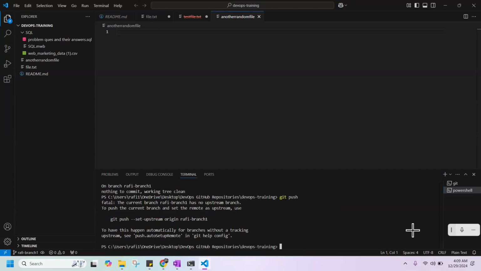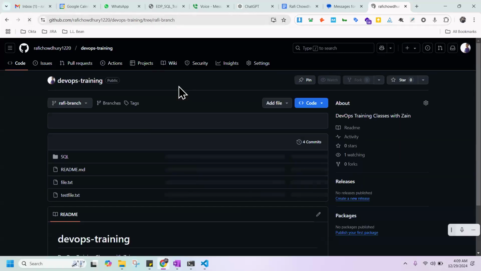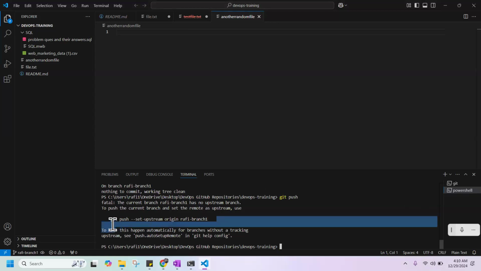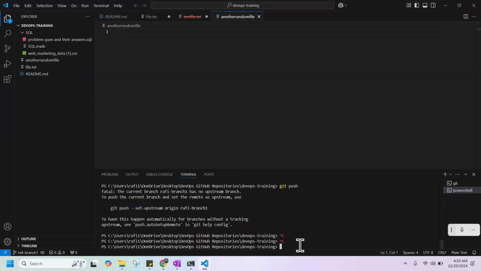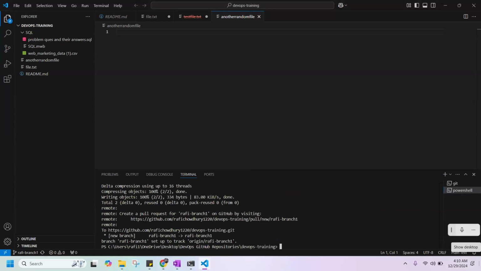Yes, so it is our first time push, so we need to write the full command for it. It is currently not pushed, so we need to write the full command, right? If you remember, line number 6, git push minus minus set upstream, because you now have multiple branches, right? So you need to specify the branch name before push, right? Yeah, press enter. Now wait for it. So it says you have now successfully pushed. Now go to your GitHub account and let's verify.